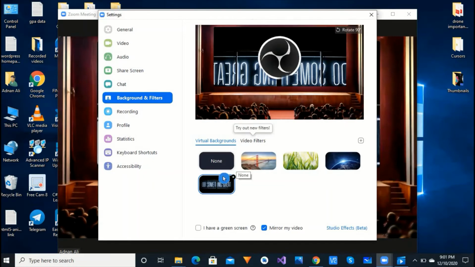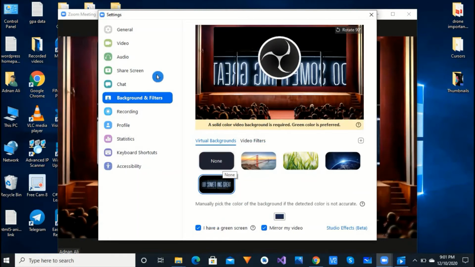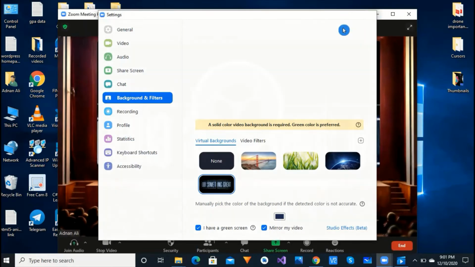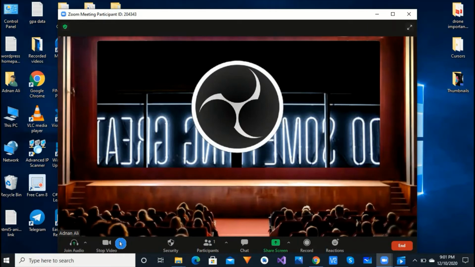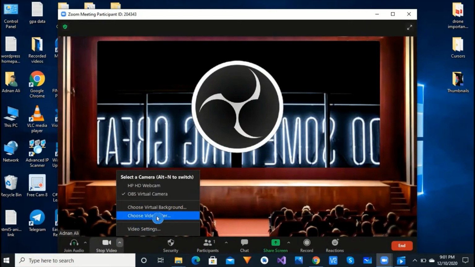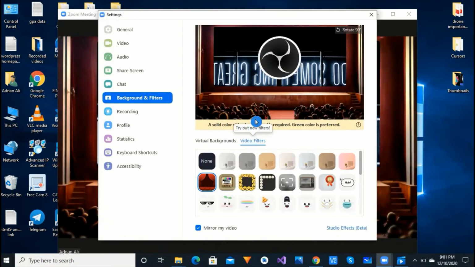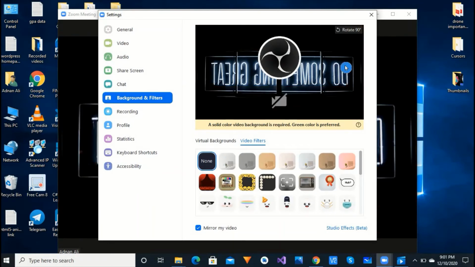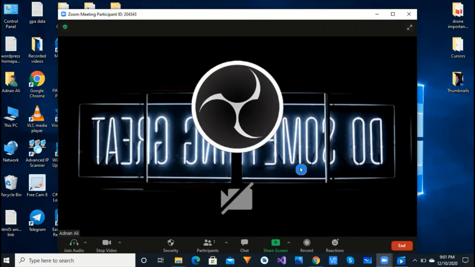I have a green screen. Okay, so things are going on in Zoom. You are learning the things, that's a great thing. I'm going to run the filters that I like. You can use reactions here, you can use emojis here, you can chat here.